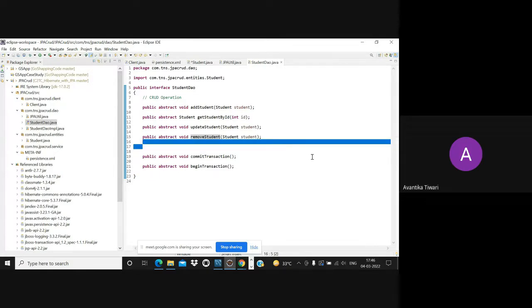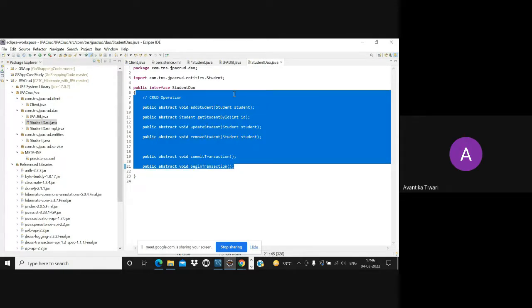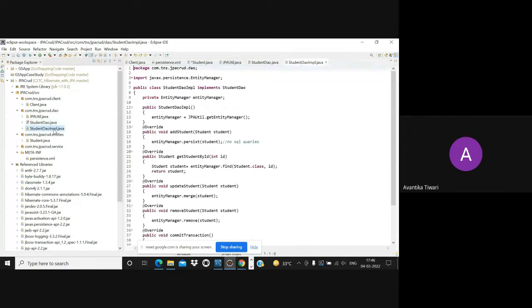And as a fresher or subordinate, you have to implement all the methods present in this interface in this student data access object implementation class. This is how things work in IT.